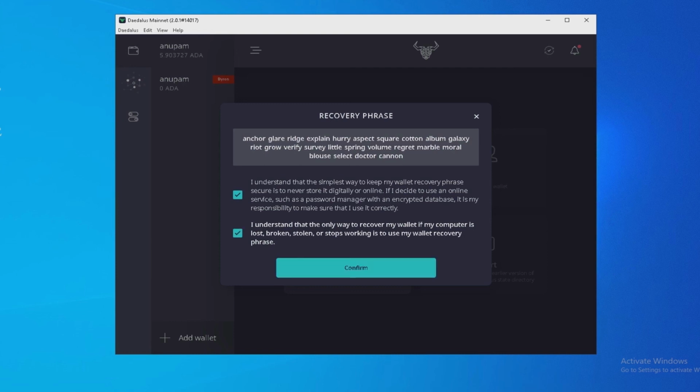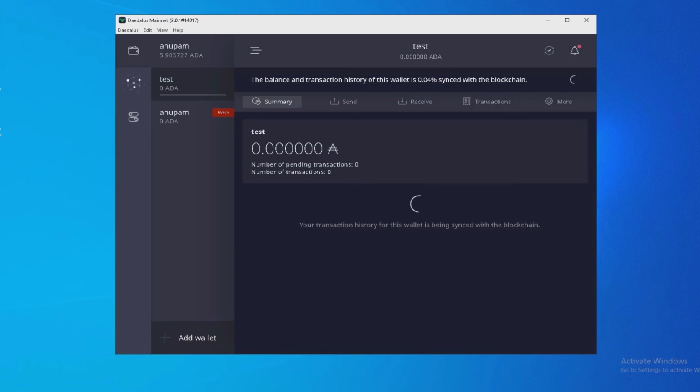Now we have to select these two options, that is something you have to agree upon. Then we'll click confirm. So a new account has been created.